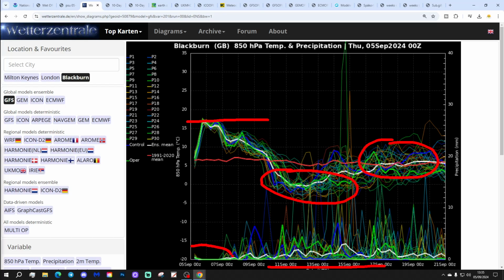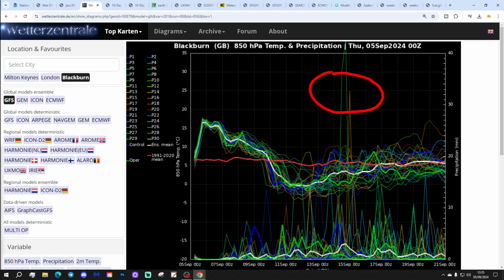Precipitation-wise, we see a lot of dry weather for Blackburn in the next couple of days. Of course, it's much wetter further south, but beyond that, lots of rainfall spikes come through as well. Some quite alarmingly big rainfall spikes up here. Obviously, they're outliers, but it does look a really wet ensemble anyway, from the beginning of next week right through to the end of the ensemble graph, which gets us to the 21st of September, which admittedly is extended range and is therefore